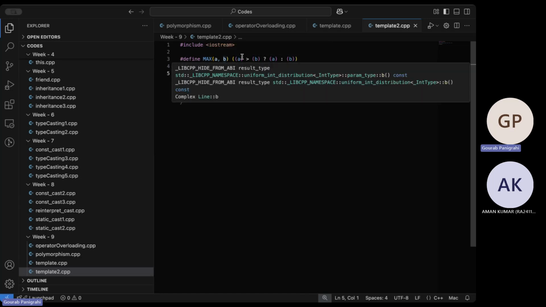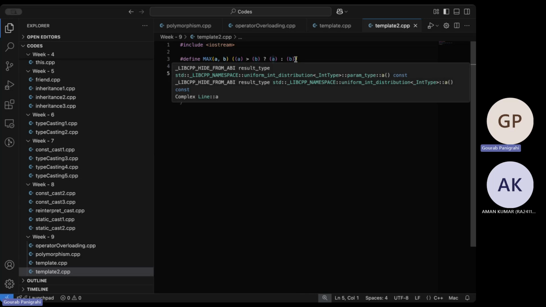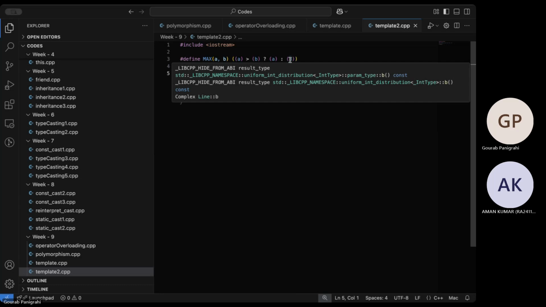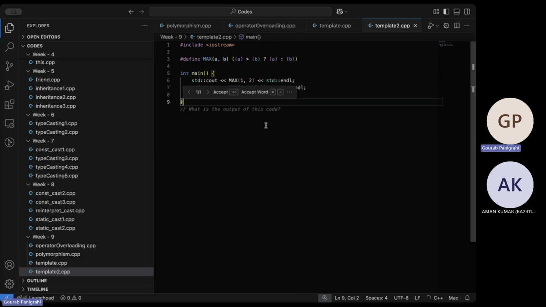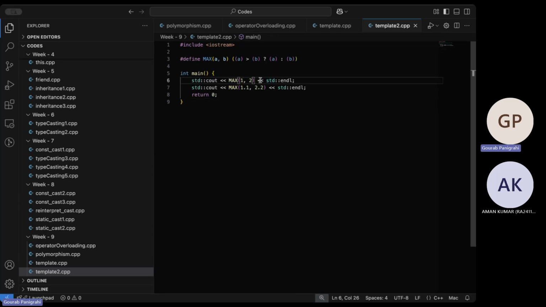It takes A and B. Then this is the body of the macro, which compares A and B and returns accordingly. If A is greater, then A, else B. Now I can have a main function, where standard cout is something like this. We can compare one and two.